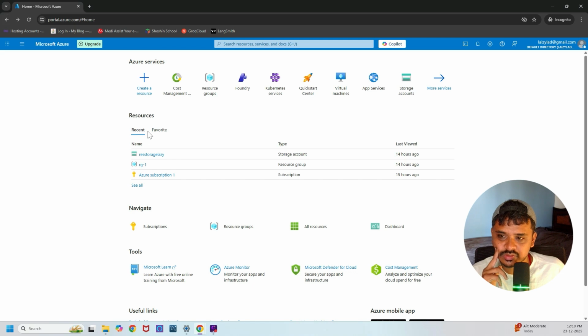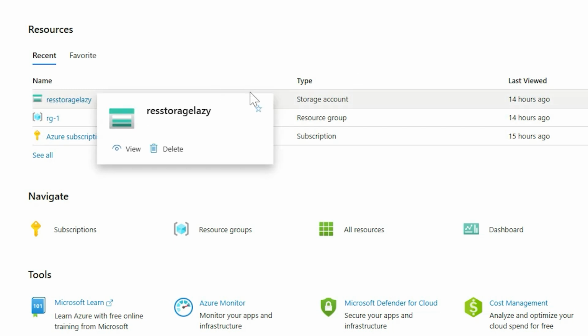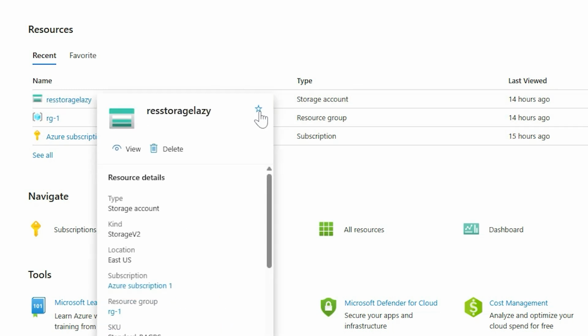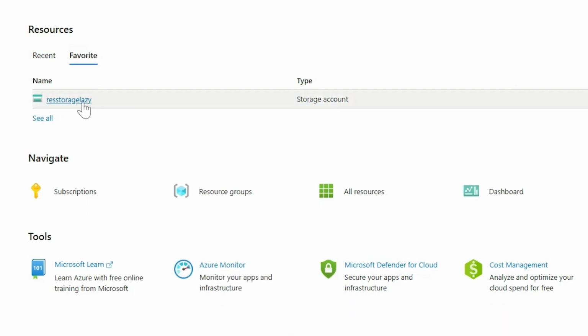And if you come to the second section, which is resource, these are the recent resources which I have used. If you see here, this is the storage account resource which I have created 14 hours ago. And if I want to make this a favorite, I can directly come and click favorite. And then once I make it a favorite, I can come to this favorite, and I can always click